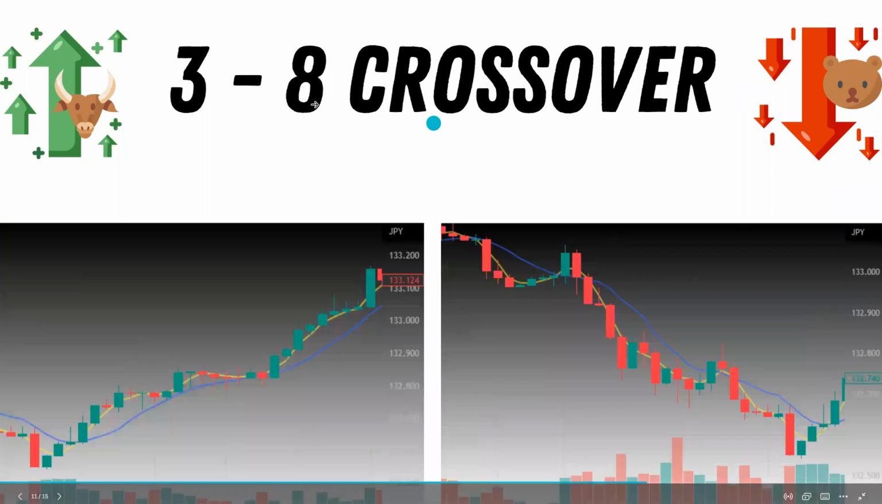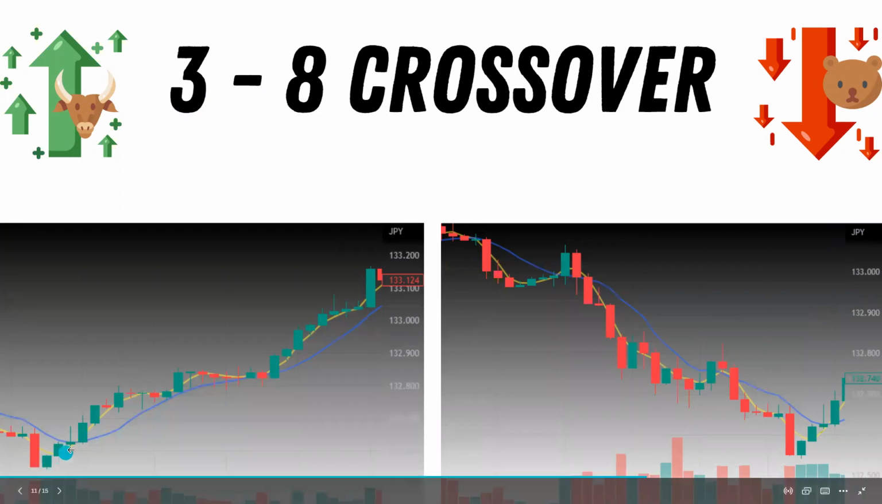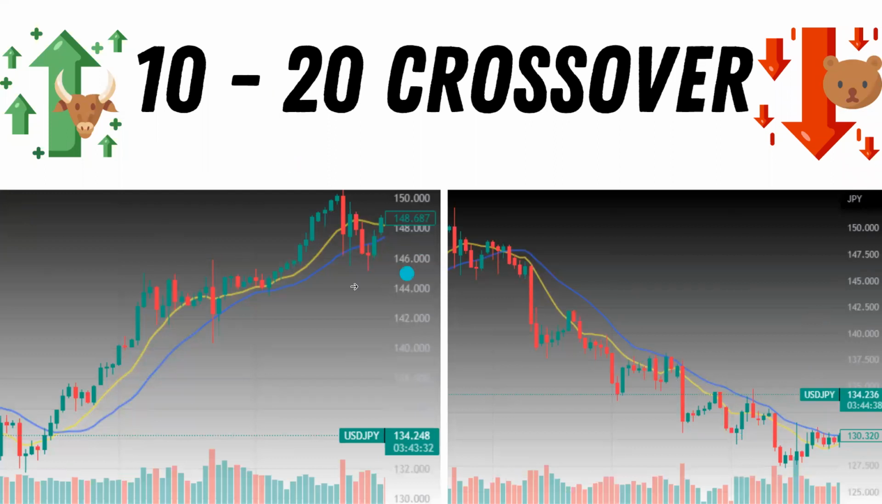Another common one is going to be the 3 and the 8 crossover. So this is the 3 simple moving average, 3-day, and the 8-day, okay? And we can see we have our 3-day simple moving average crossing over, all right? And we start a bullish uptrend. Now over here, we get the 3-day moving average crossing below our 8-day moving average, and we start a bearish trend. These are going to hug the prices and hug the candles a lot closer than the 10 and 20,